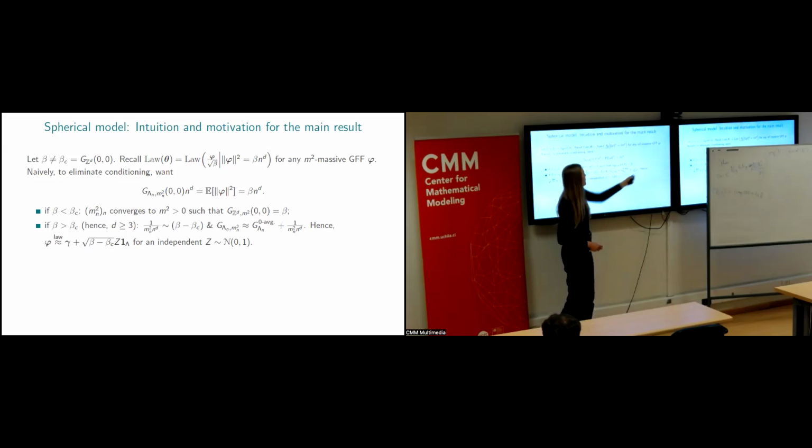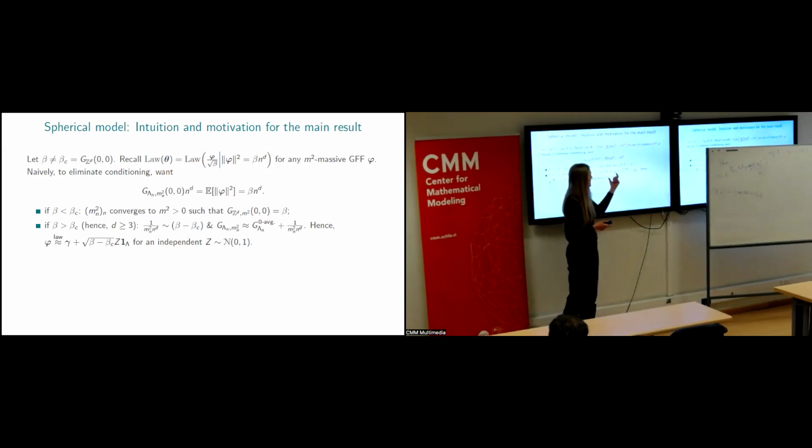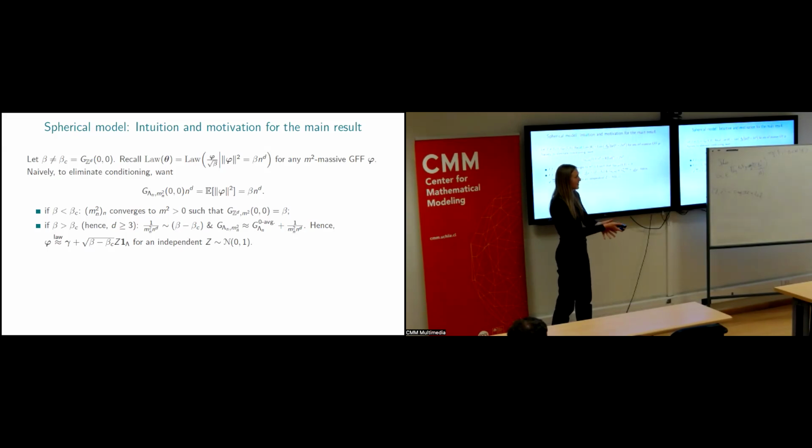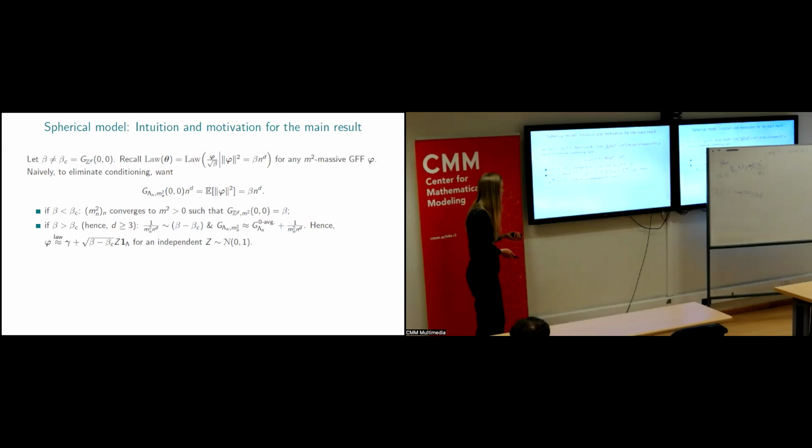However, if we choose it to be macroscopic, then because we are on the torus, this massive Green's function doesn't converge to the massive Green's function on Z^d anymore. Rather, it converges to just the Green's function on Z^d, and we get some extra drift, which is beta minus beta critical. So this explains that